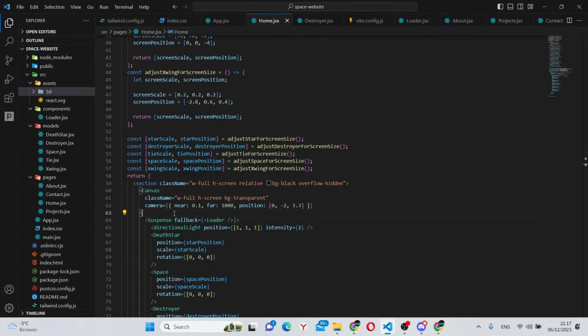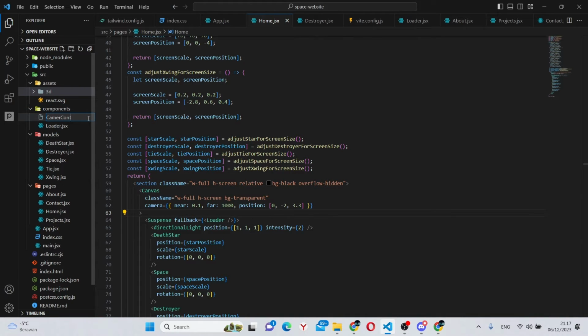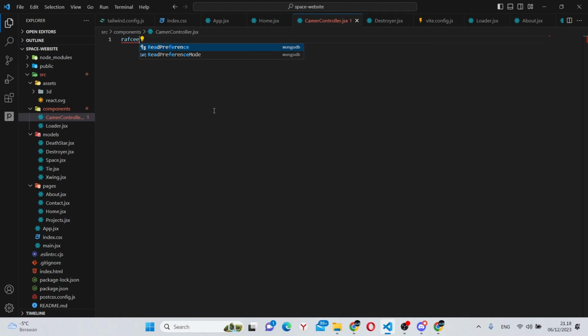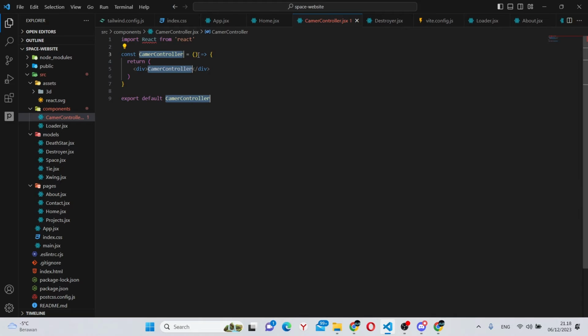movement. For this, we can go back into Visual Studio Code, go to Components, and create a new file called cameracontroller.jsx and run refc. This component will have a prop, which is going to be setCurrentSection. For this component, we'll actually need to install another library, which is called Tween, which will be used for the